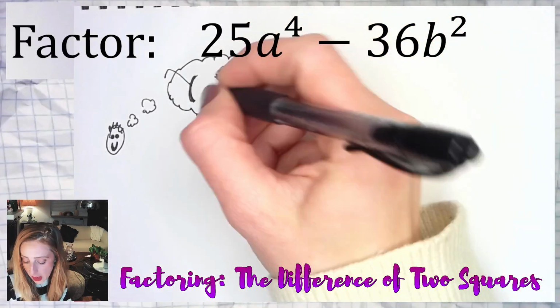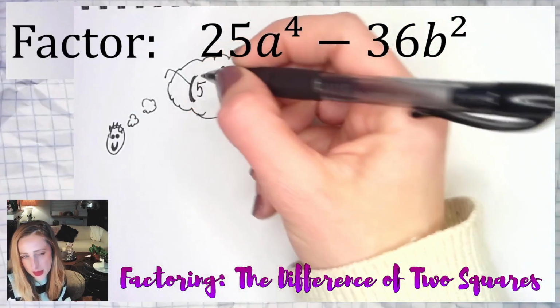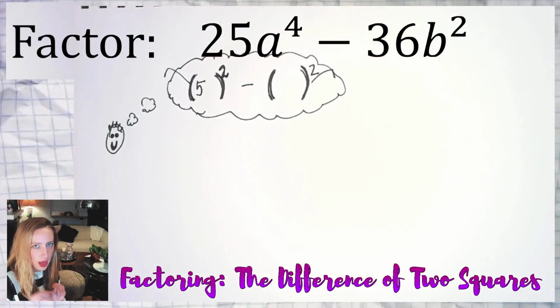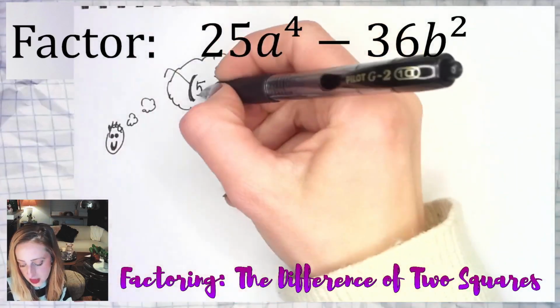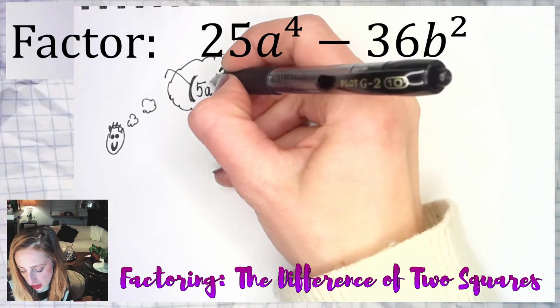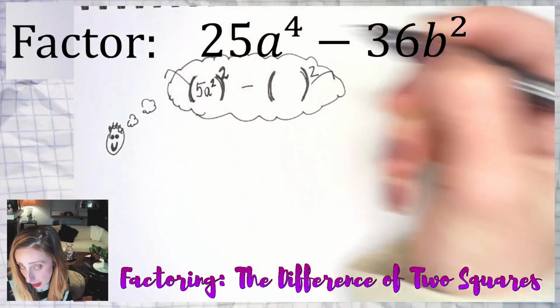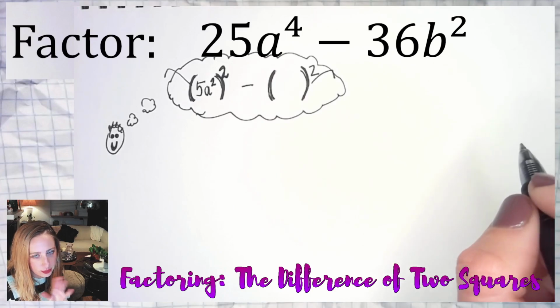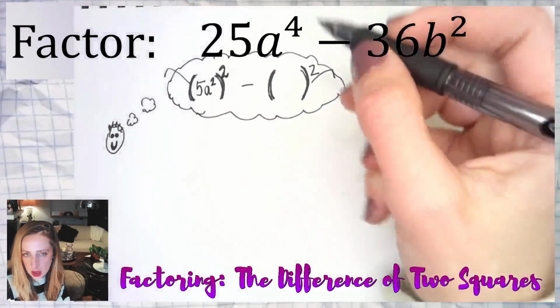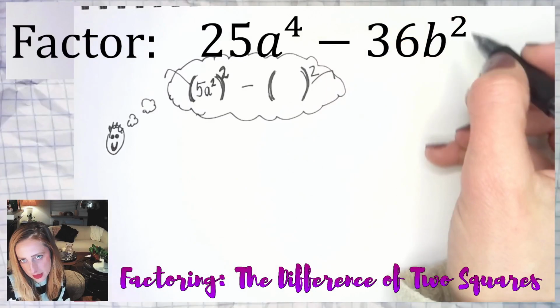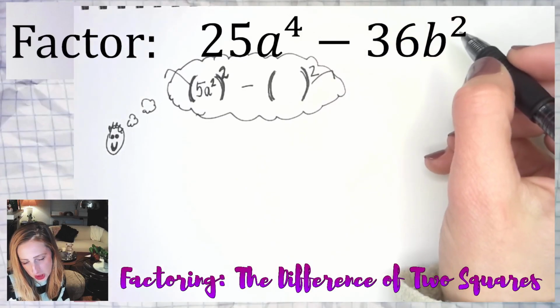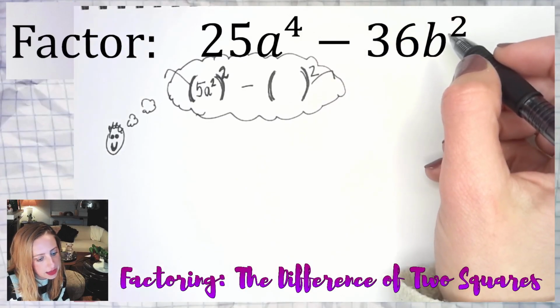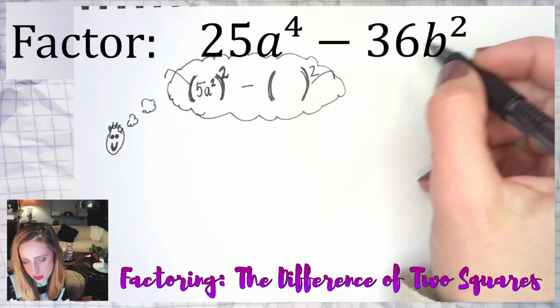Well, the square root of 25 is 5. Now, what's the square root of a to the fourth, and why? If you said a squared, a good chance is you got the right answer by accident. Now, why is it a squared? Let's figure this out. Let's pretend for a second that instead of 2 right over here, let's pretend that that number was